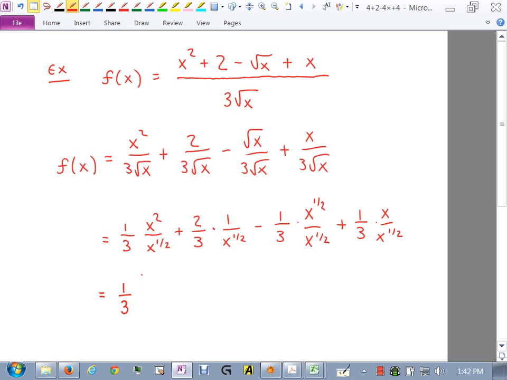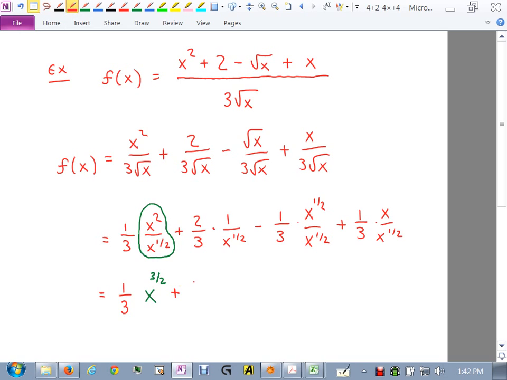1/3. Okay, what is this going to become? X to the 3 halves. So you're doing 2 minus a half. That's the same as 4 halves minus a half, which is 3 halves. So that becomes x to the 3 halves